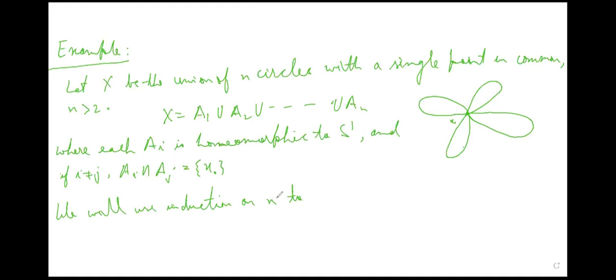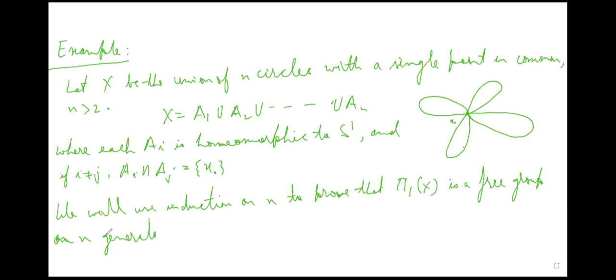We will prove that pi 1 of X is a free group on n generators, alpha 1, alpha 2, up to alpha n,